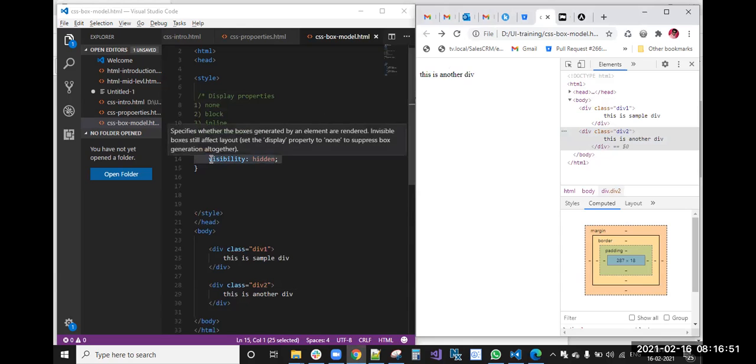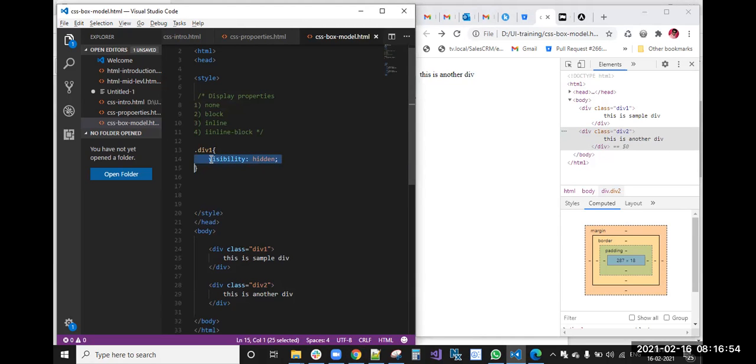Okay, this is visibility hidden and display none. Now I'll tell you the difference. If you are creating one element in HTML or CSS, it will allocate some memory for that element. So you are creating a div, right? Writing a div means in the memory, internally, in the backend, we don't know exactly, but it will allocate some memory for that div.